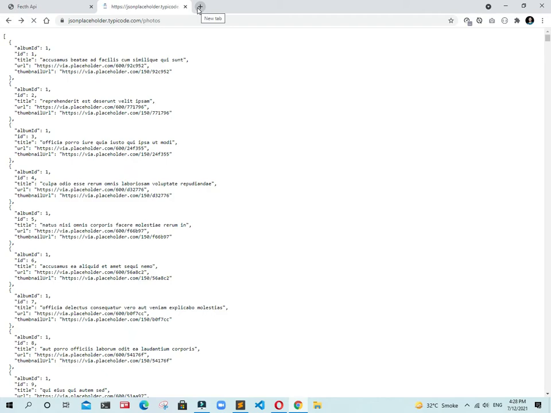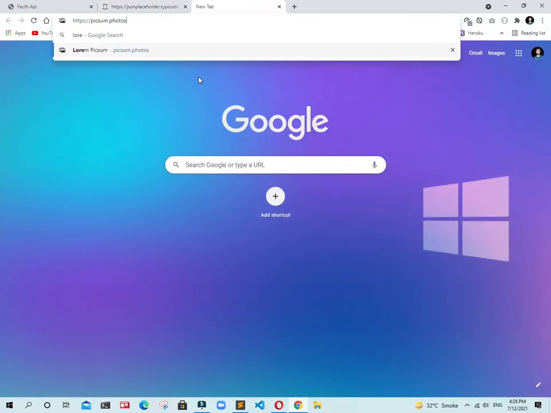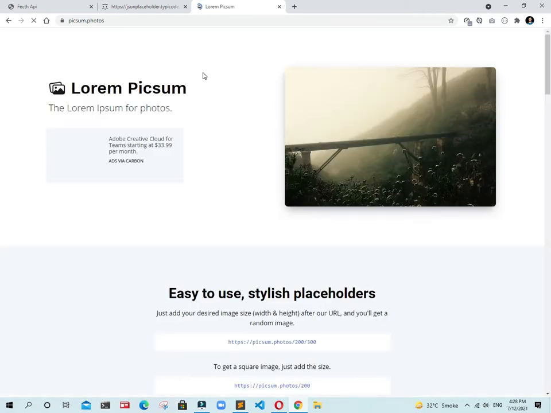Actually guys, here we are tackling two APIs. The first API is the JSON Placeholder, and the other API will be Lorem Picsum. This is also a REST API for rendering images in our DOM.